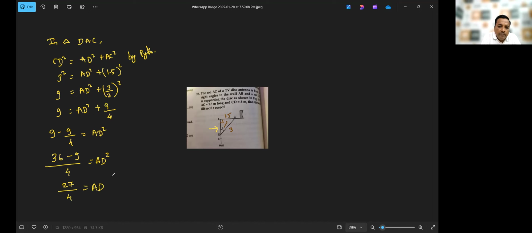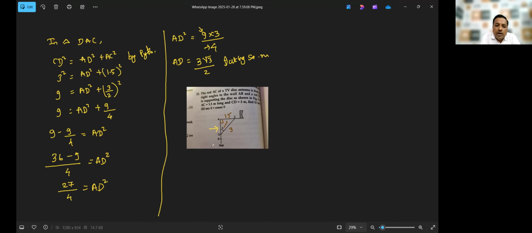That is AD². Now AD² is 27, means 9 into 3, upon 4. 9 और 4 perfect square हैं, तो AD क्या आएगा? 3√3/2, taking square root. 9 का square root 3 है, 4 का square root 2 है और √3 का 3 है। तो AD की वैल्यू आ गई।